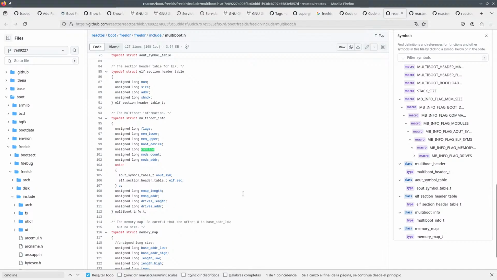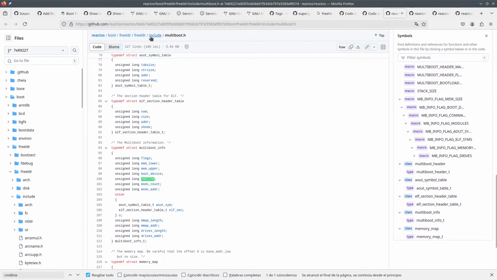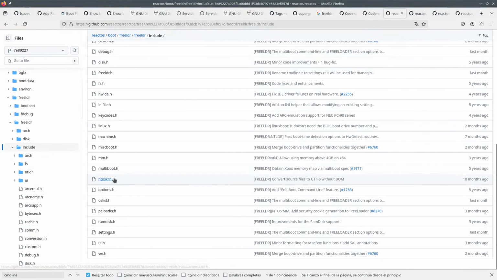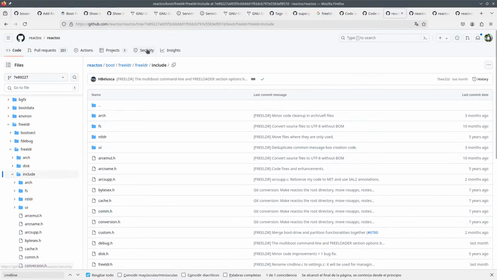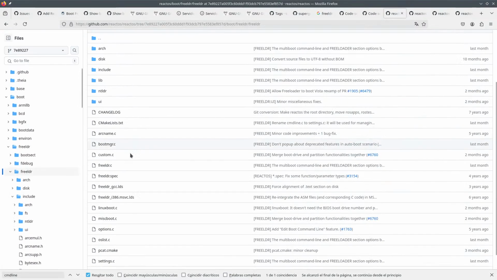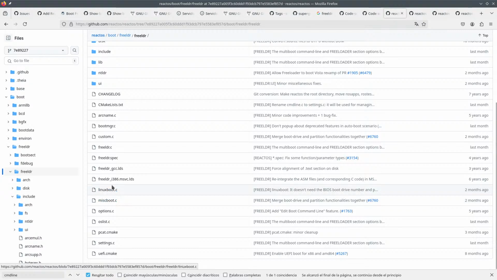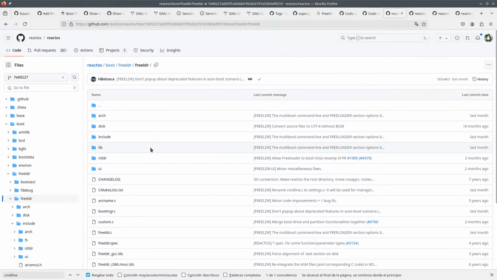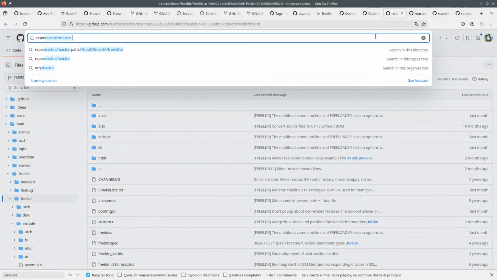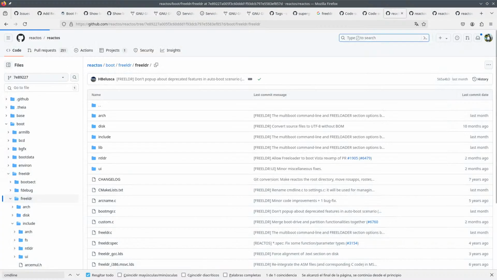Okay, CMD line, it's not used anywhere else, or is it? Is there a multiboot.c? No, it's not, because maybe it's here. Okay, CMD line.